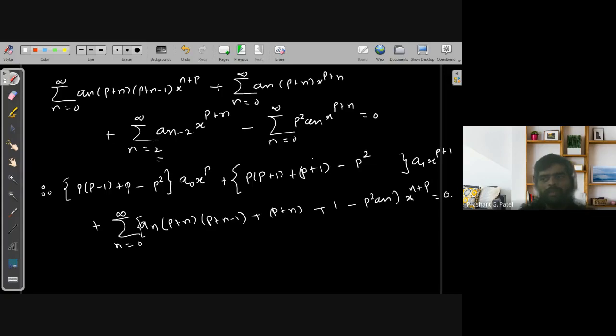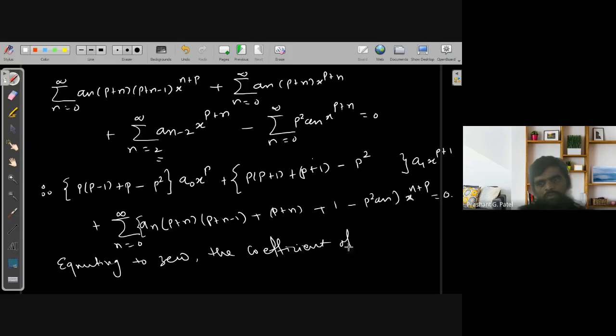Now, you can compare the coefficients on both sides, or first simplify this term. If you don't want to write it down, it is better to compare the coefficients on both sides. So equating to 0 the coefficients of different powers of x, we get: